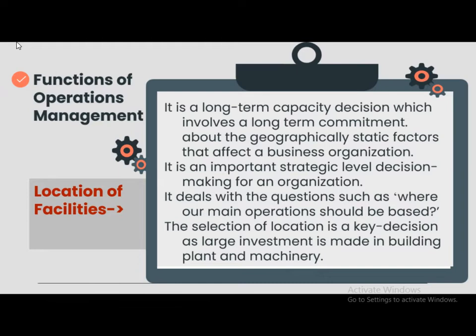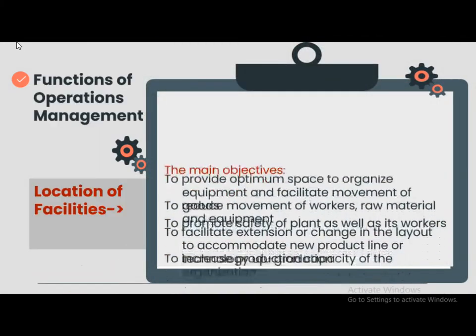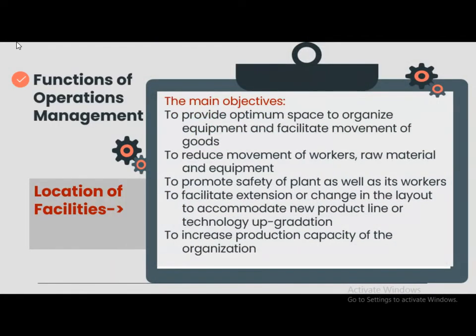for an organization. It deals with the questions such as where our main operations should be based. The selection of location is the key decision as large investment is made in the building, plant and machineries. Main objectives of locations of facilities or facility locations are as follows: to provide optimum space to organize equipments and facilitate movement of goods, to reduce movement of workers, raw materials and equipments, to promote safety of plant